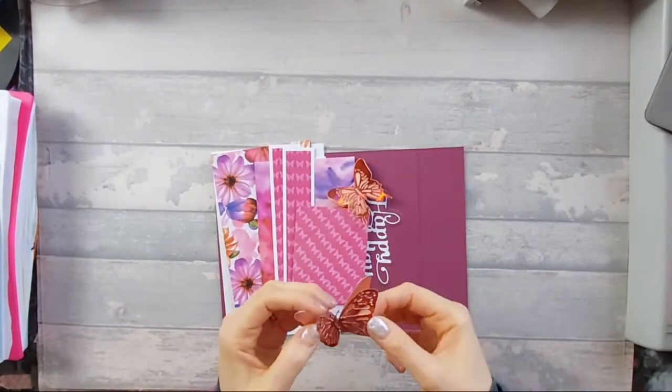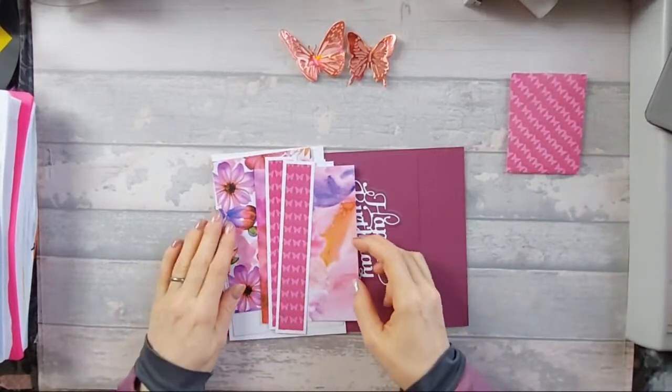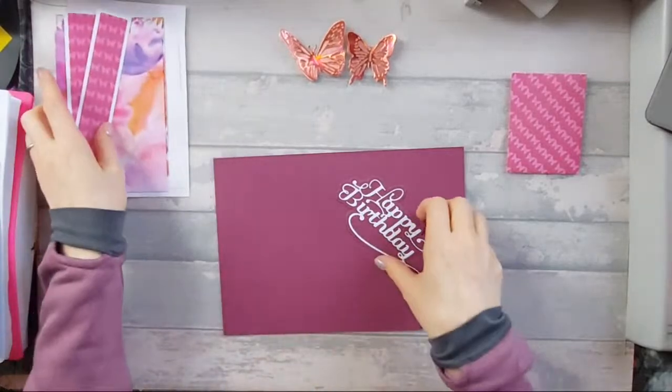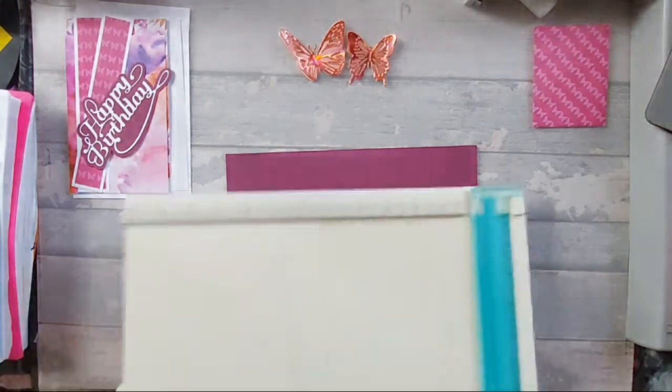Right, I'm going to bring in my bits and bobs. These are a couple of the butterflies that were left over from the Coca-Cola craft haul video, and I think I might use them on here. We'll see. They might not be quite the right colour, so we might not use them. We will see. Right, so what do we need? We need a scoreboard,